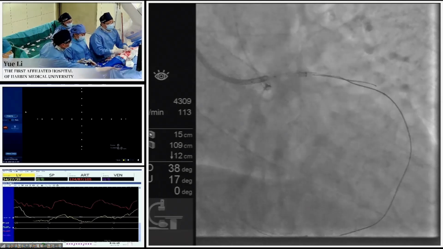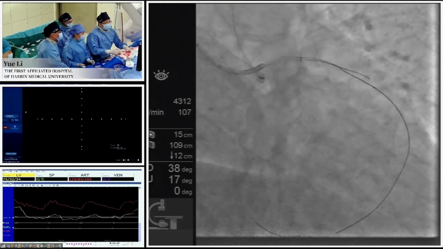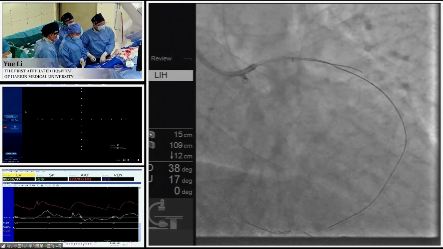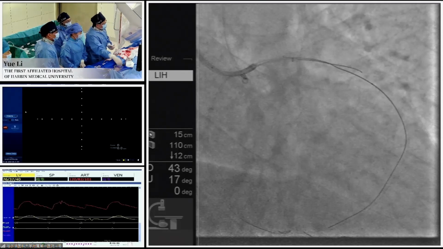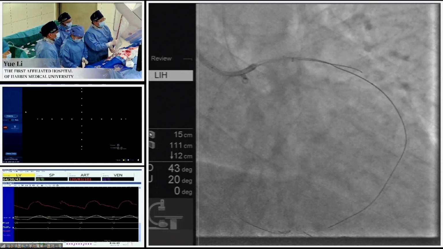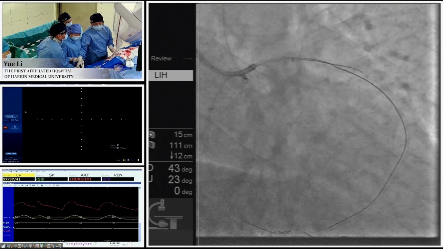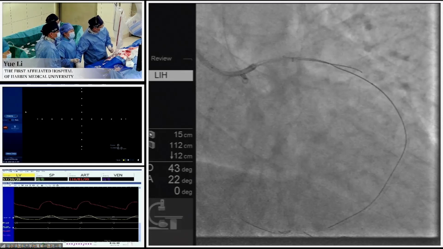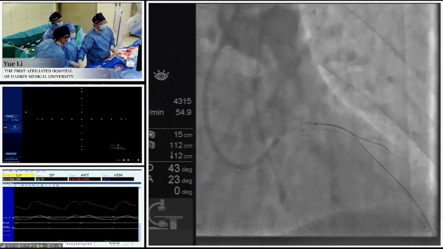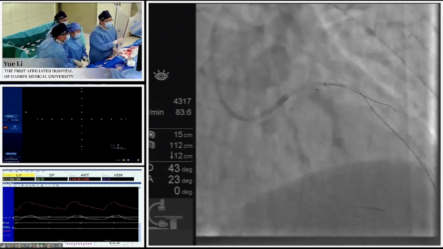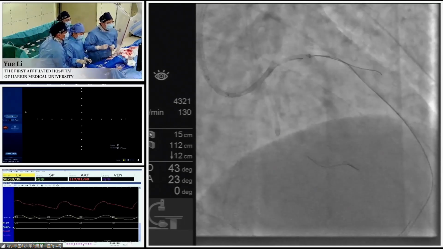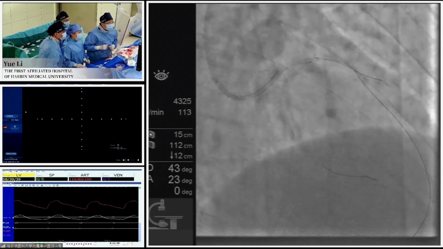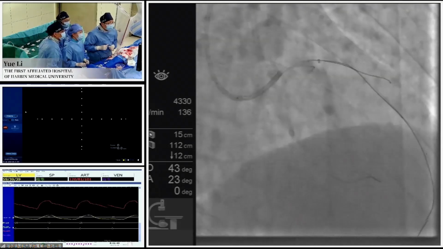Okay, RAO cranial view, I think. RAO cranial. As we are advancing the Godzilla catheter, be careful. As an extension of the guiding catheter, it can actively guide the retrograde wire to reduce the risk of a potential retrograde wire going into the